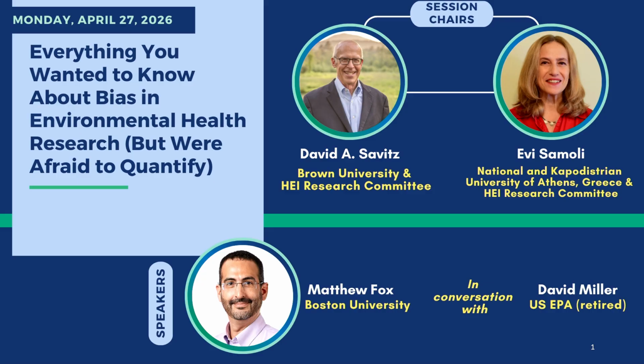QBA, in my mind, quantitative bias analysis, takes it a step further. It's asking basically if bias is really present in your study, how much change might result in your final estimates, for example effect size estimates in epidemiology, and in what direction might those changes be. Importantly, it doesn't eliminate judgment at all in the quantitative statement, but makes it more transparent and allows the consideration of the impact on the final estimates.